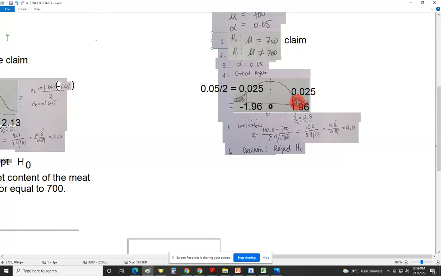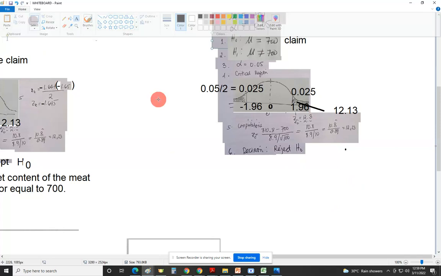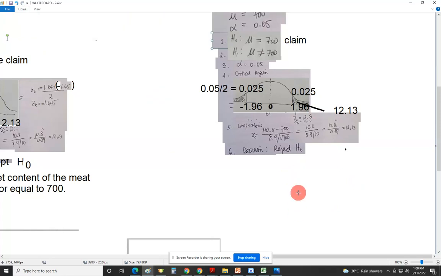So, hindi naman istrikto masyado. Basta ilagay nyo lang dyan. That is 12.13. Okay, very good. Nasa shaded portion daw. So, therefore, your conclusion is nasa rejection area. Reject or accept? Okay, reject. Okay? So, conclusion,